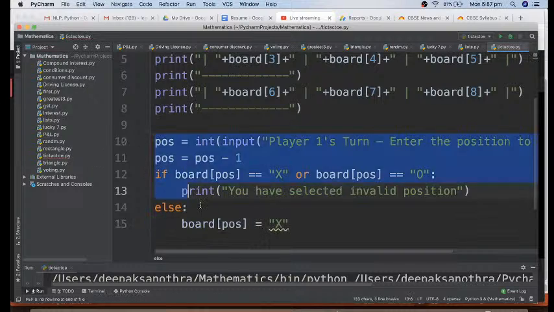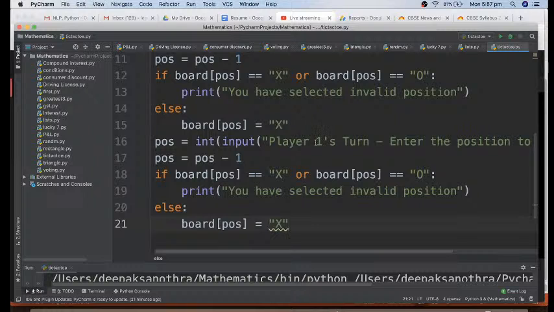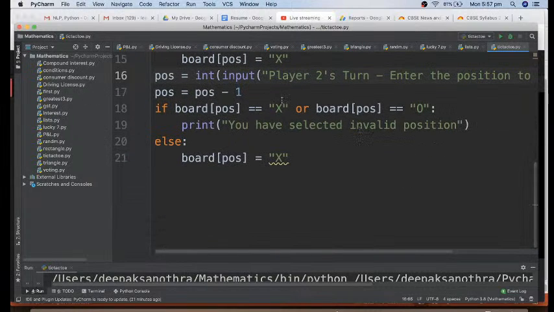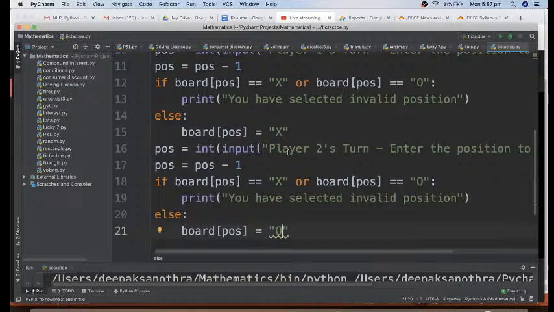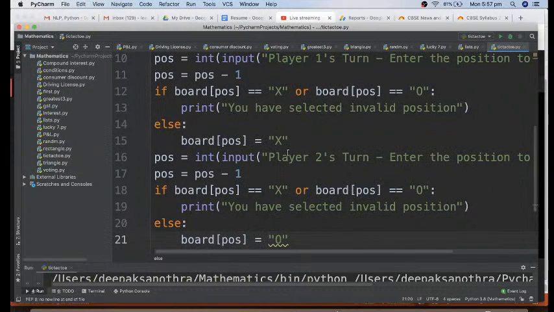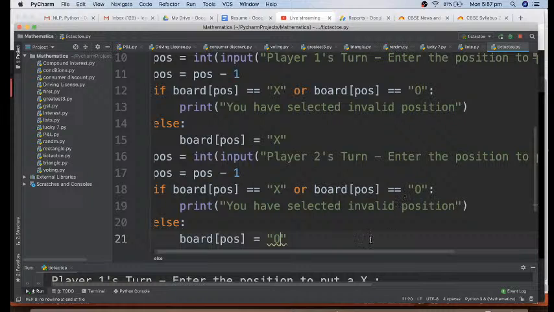Similarly I have to do it for the second player. So if it is the second player, we should ask, enter player 2's turn, enter the position to put an oval. Okay, and again if it is already a cross or 0, we should show a message, otherwise we should put an O. So the first player only has to choose an X. We can give an option that either player can choose. You can ask, player 1, what do you choose? So whatever the user selects, accordingly we can fix which to use for player 1 and which to use for player 2. Now if you execute this,